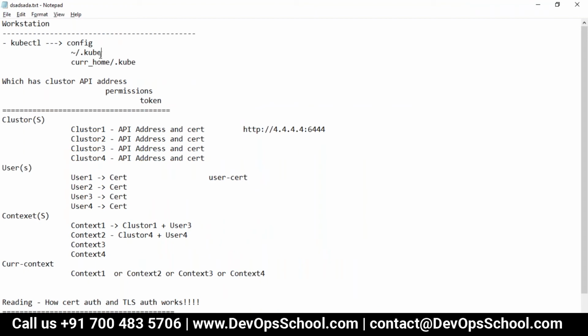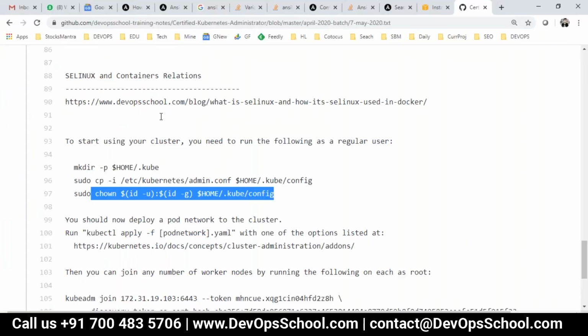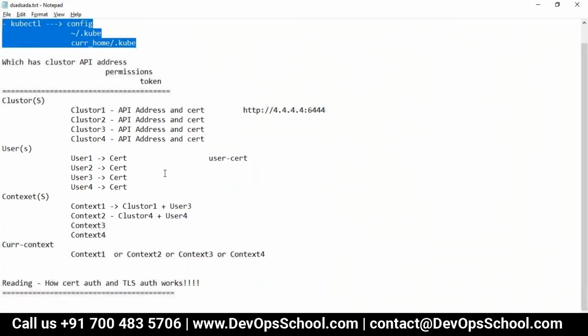Again, you can keep it in a custom location also, that's not a problem. But I'm not adding so much complexity to begin with, so you don't get lost, because those are things you can find easily if you are intelligent enough with your Kubernetes. Okay, so that's the one thing. So now I think that is okay.